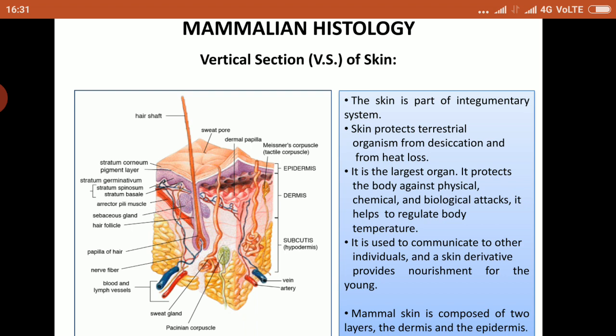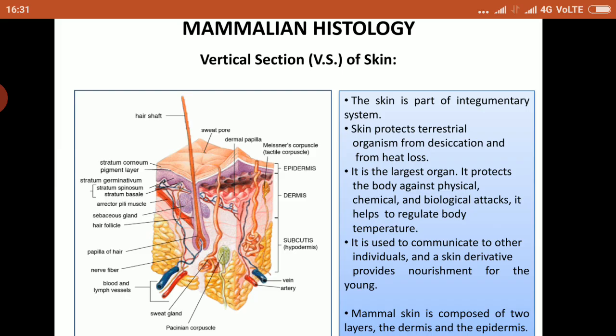It protects the body against physical, chemical, and biological attacks. It helps to regulate body temperature. It is used to communicate with other individuals, and a skin derivative provides nourishment for the young. You must have seen during the winter season that skin gets dried, and in the summer you'll see that it gets sweaty. So that means it will try to regulate and maintain the body temperature